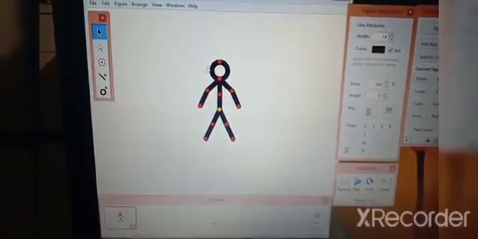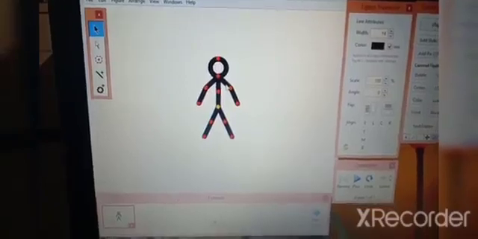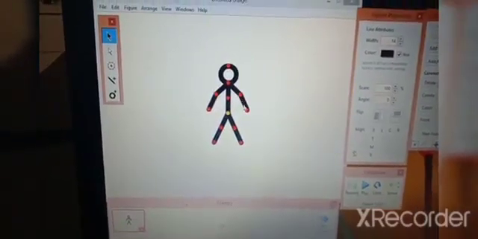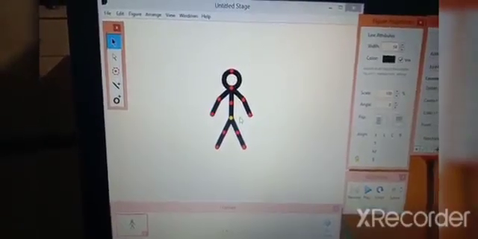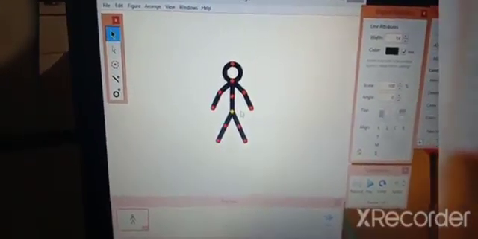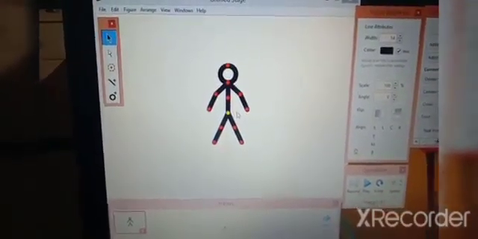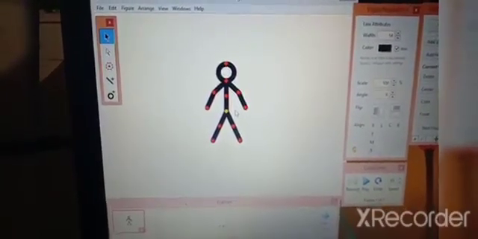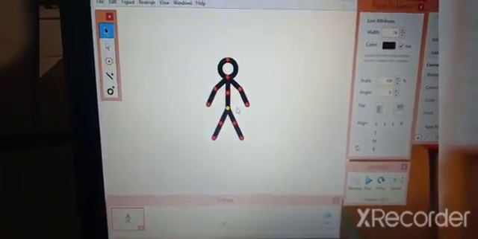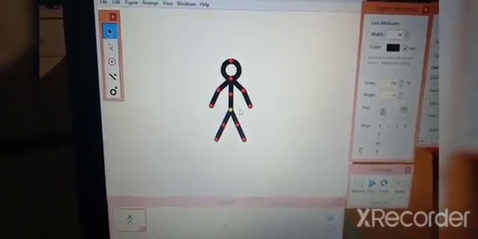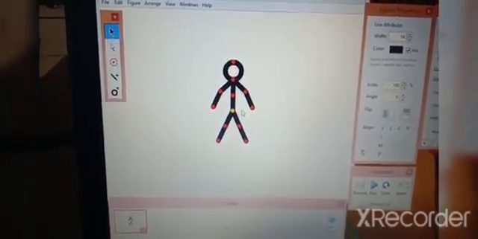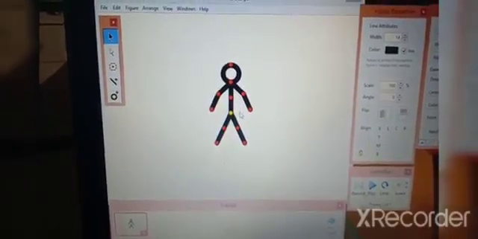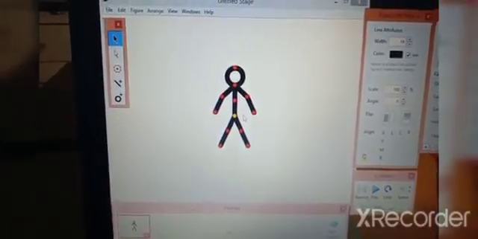Okay, this is a stick figure, right? You can see sticks. These figures are made up of sticks. So what is this actually? Sticks uses a stick figure to create an animation in a document. When you create a document, the stick figures show in blue, yellow and red circles.